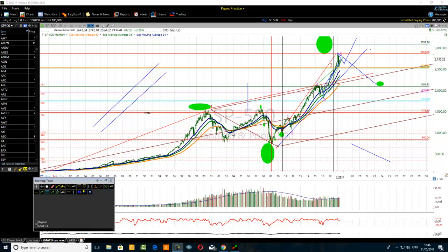So if you look on my chart here, this is a top right here. This is another top here. This is a top, and this is another top. So at the different stages, we see the market topping. So the question that you are asking is whether the market is topping. You want to know whether the bullish trend is ending, or the current trend is ending. But your question